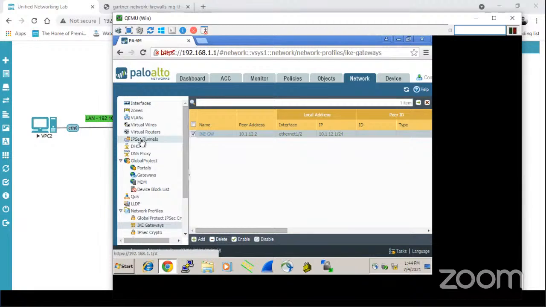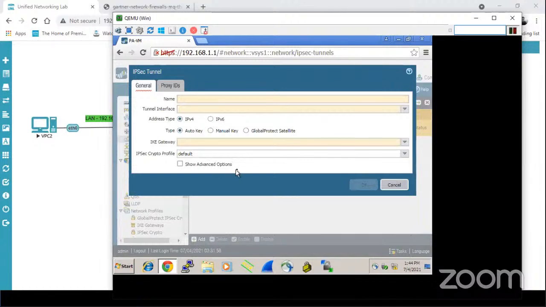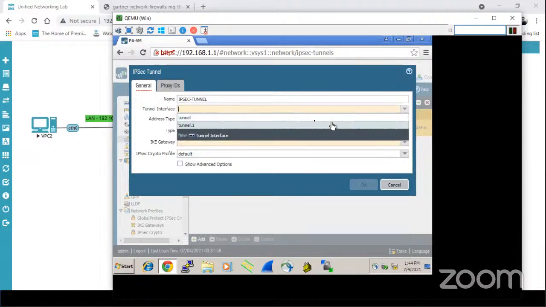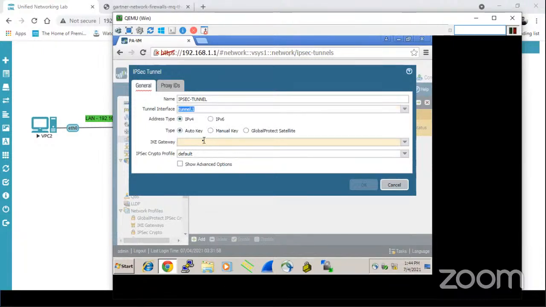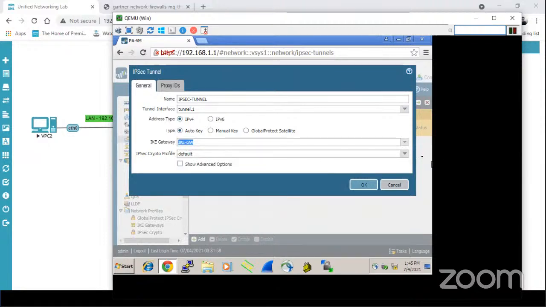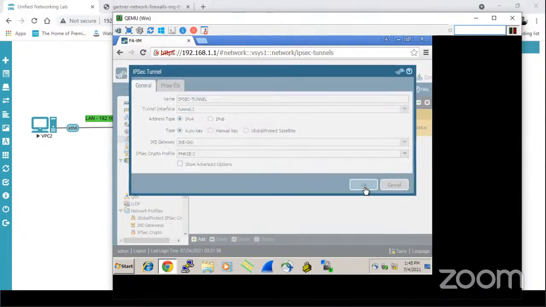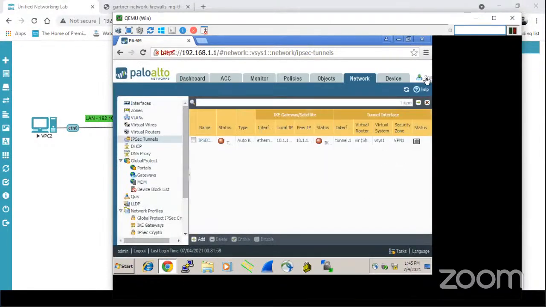Here on the same network page, there is the IPsec tunnel. Click on this, click on the add button. All the configuration you have done, just assign that configuration here in this IPsec. Just name it IPsec tunnel. The tunnel interface will be the tunnel which we have configured, tunnel.1, right? The IKE gateway which we have configured, and the IPsec crypto profile, that is phase 2. Click on the OK button. Once you click on the save button,